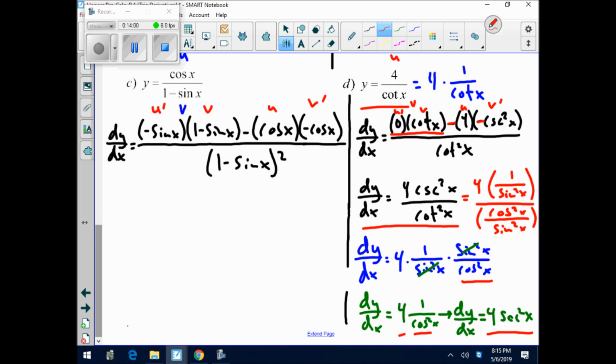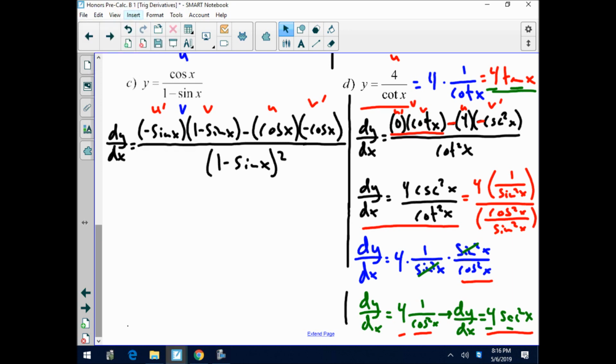Now, if we'd gone up at the very beginning and changed that 1 over cotan x to a tan x and attacked our derivative from the equation in the form 4 times tan x, we would say that we would have the derivative of a constant times a function as the constant times the derivative of the function. And right here, that would give us 4 times secant squared x as the derivative of 4 times tan x. All right, so on our next page,